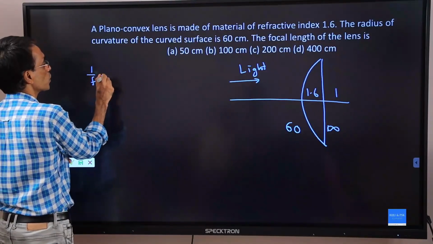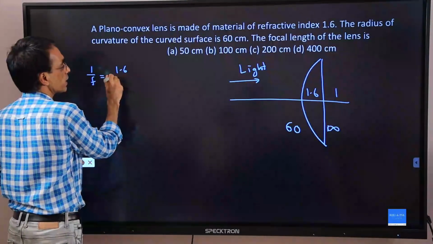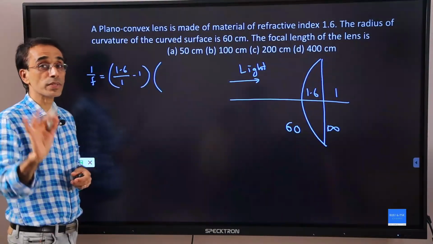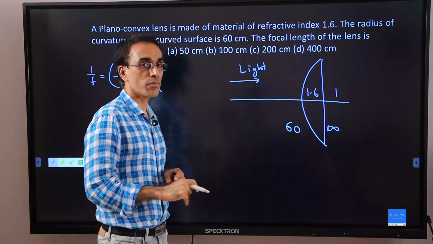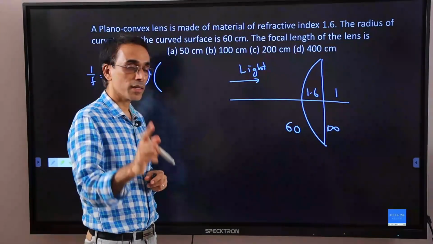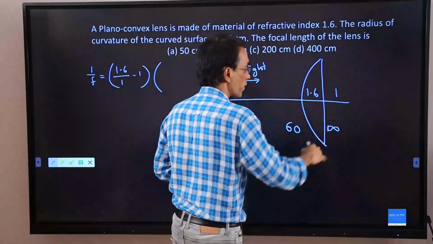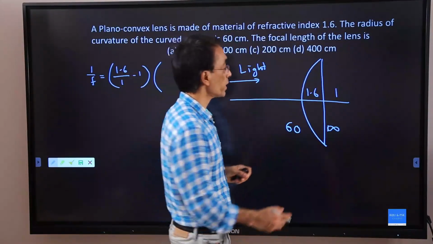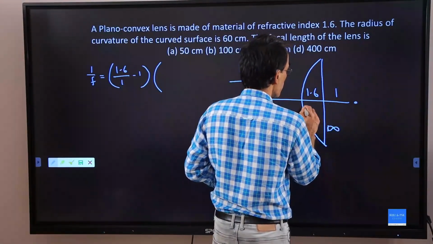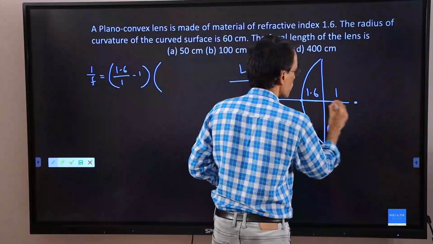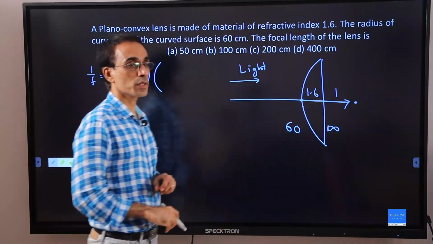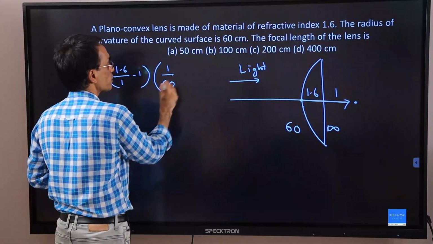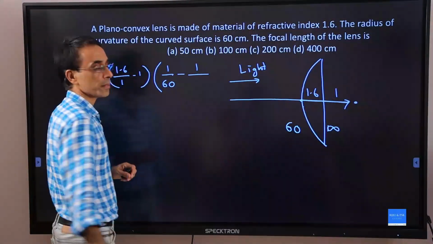1 by f is equal to, similarly to the previous case, (1.6/1 - 1) times... Which is the first surface? Where does light fall first? That is on the curved surface. Its radius is 60. And where is the center of that surface? That center will be here. So you will be measuring it from the pole to the center, and that is taken as plus 60. So R1 is plus 60, minus 1 by